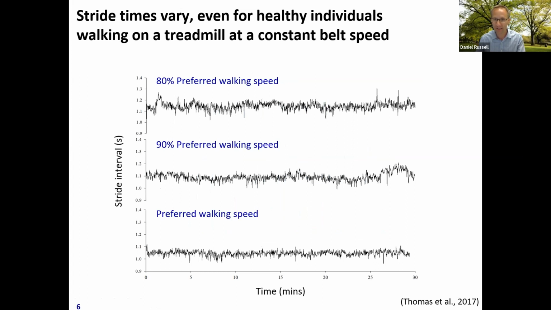And these are 3 different speeds we asked them to walk at, just based on their preferred walking speed, 90% and 80%. I think it's quite clear there's variation in their gait times. This is on a motorized treadmill, which is constraining the speed, and there's no other environmental manipulations here. So nothing else is changing, but there's variation in the person's output. And this is not just simply measurement noise. We're able to measure this pretty precisely, and we're seeing variation that is well within our ability to measure it.